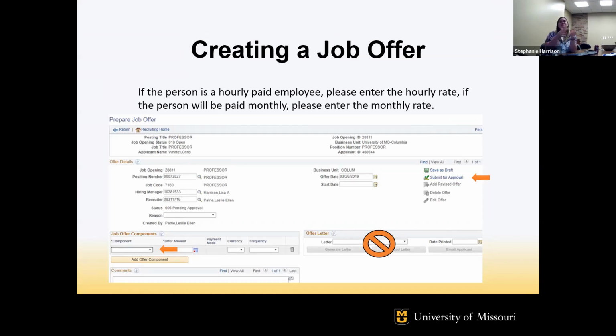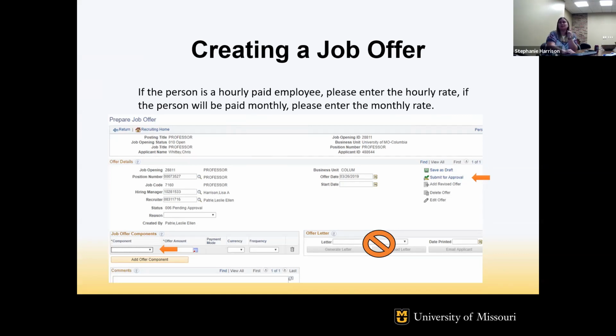So if you give everything to me up front and say, hey, we know this is over midpoint, but we want to offer to this person because of this specific experience, that they can hit the ground running and we don't have to spend a bunch of time training the person, then as long as it's within reason and it is equitable with the rest of the people on campus in that title, then we're likely to approve it. I always go with the theory of give more than what's necessary, and the likelihood of me having more questions is going to be less. That's one thing that's helpful to know.